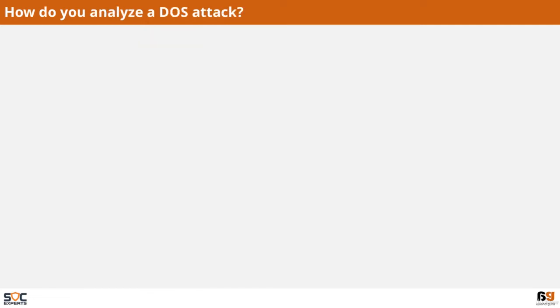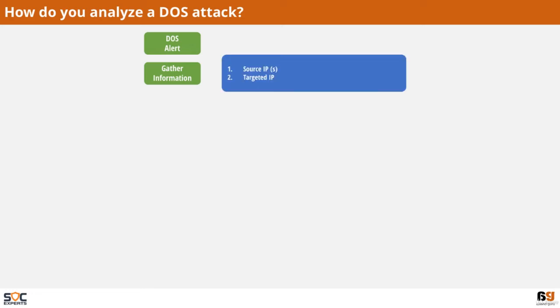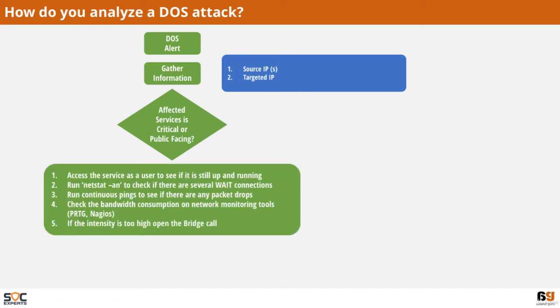How do you analyze a DOS attack? When the DOS alert is triggered, we need to gather the required information like source IP address and target IP address, and we will have to take a decision based on if the affected service is critical or public facing. If it is so, we need to access the service as a user to see if it is still up and running. Run netstat -an on the server to check if there are